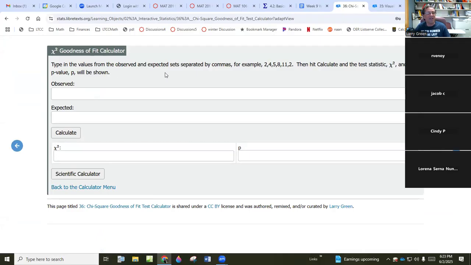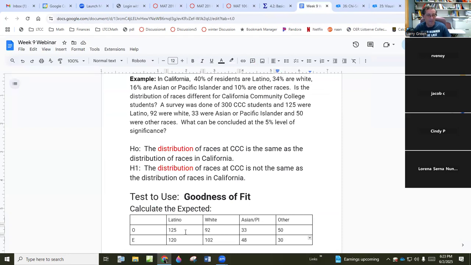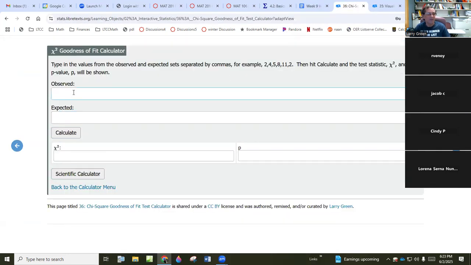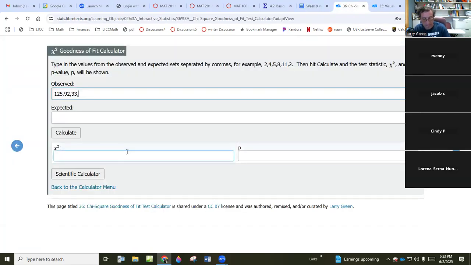And what it says, type in the values for the observed and expected sets separated by commas. For example, 2 comma 4 comma 5, etc. Then hit calculate and the test statistic chi-squared and the p-value p will be shown. So it first asks for the observed. And for the observed, we had 125, 92, 33, 50. So 125, comma, 92, comma, 33, comma, 50. And for the expected,